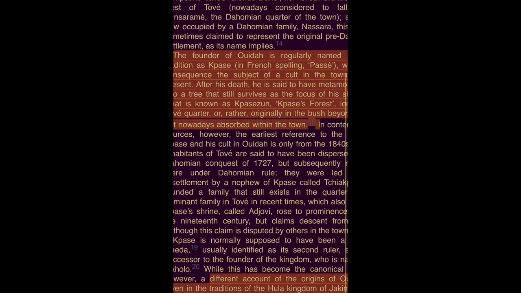Capsi is normally supposed to have been a king of Whydah, usually identified as a second ruler, son and successor to the founder of the kingdom, who is named as Ha-Ulo. While this has become the canonical version, however, a different account of the origins of Whydah is given in the traditions of the Hula kingdom of Jack King. So this is another kingdom that is in the surrounding area, Hula, H-U-L-A,